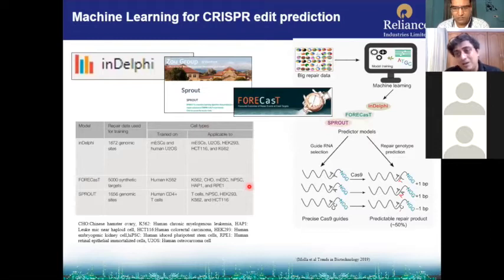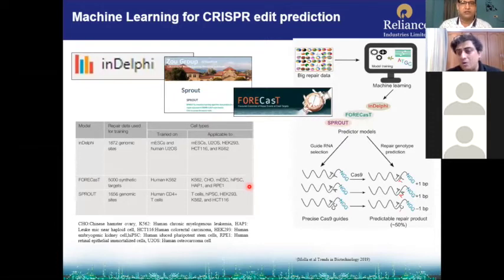New things are coming out. So artificial intelligence, people are using for CRISPR application. Now, as I mentioned, you take your gRNA, you take your Cas9 protein, you send inside of the cell, it will cut and do the change. Now, how will this change come up? Because after cutting, the cell will try to repair, there will be mutations.